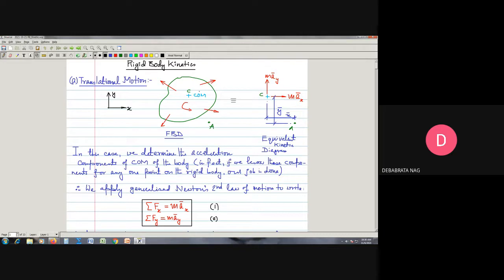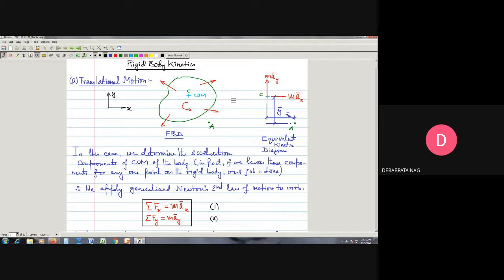So, therefore, we take care of all these forces and draw them in the free body diagram, and after locating all these forces, we take their corresponding x components and sum them up to write our equation that sigma Fx will be equal to m times a bar x, where m is the mass of this rigid body. Exactly in a similar manner, we can sum all these forces along the y direction and write that this will be summation Fy, which will be the sum of all y components of all the external forces as disclosed in the free body diagram of the system.